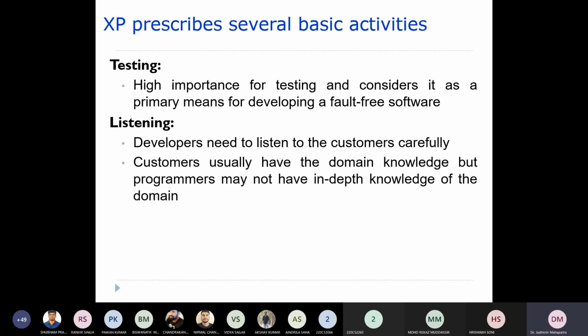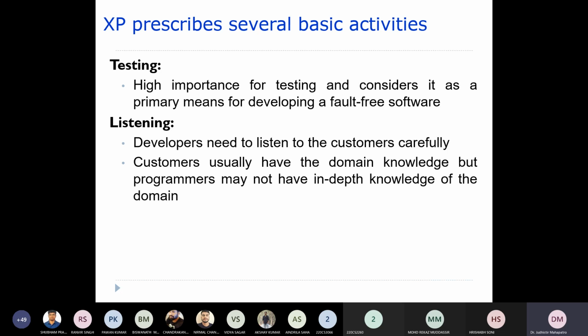And now the next activity here is listening. What it says is that developers need to listen to the customers carefully, because in extreme programming you will have 6 to 9 people working. It's a small team.